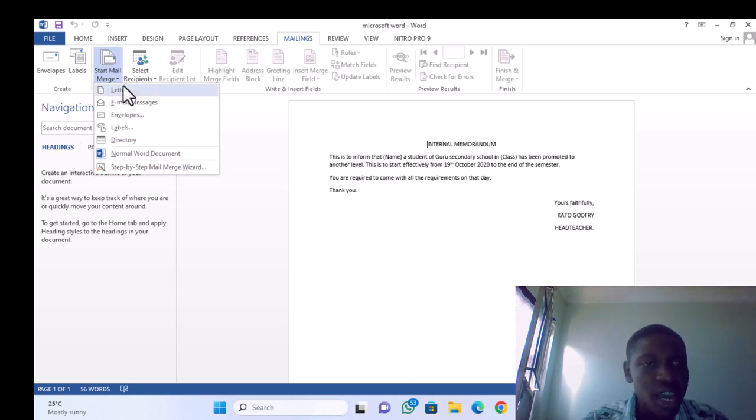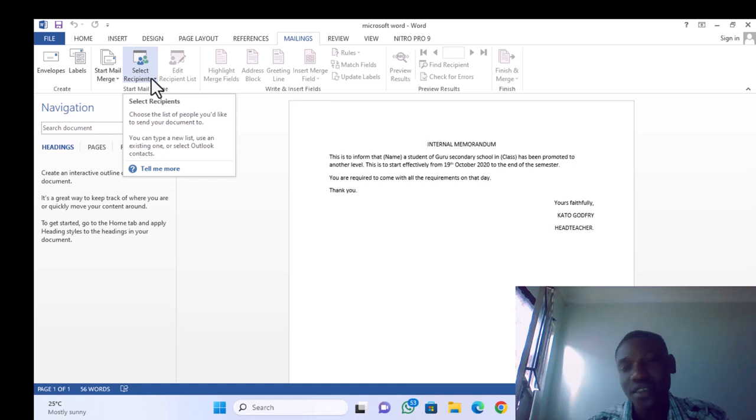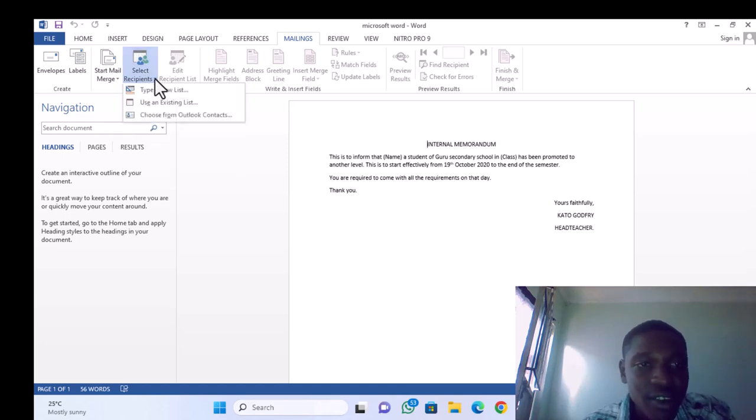So now here I can say it's a letter. Click on letter. After that, the next one is showing me select recipients. Selecting recipients, meaning where there are names, class, I must have recipients for those people. So I will come here, then on select recipients, there's an arrow facing down. I click on it. Clicking on it, it will show you use an existing list or type a new list. So for me, if you have a list for these students,